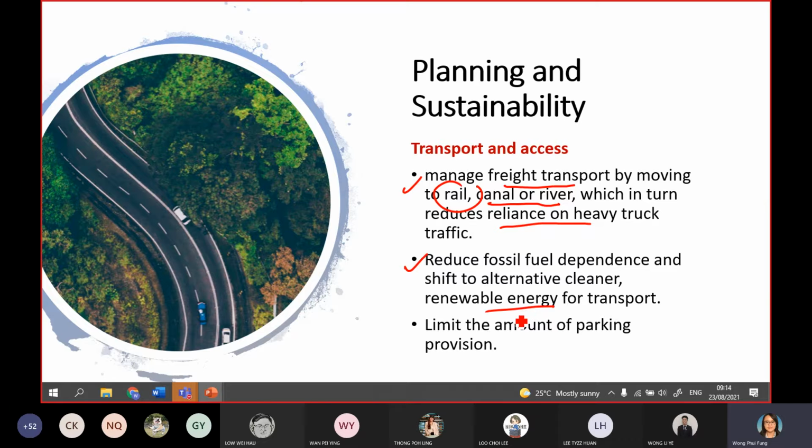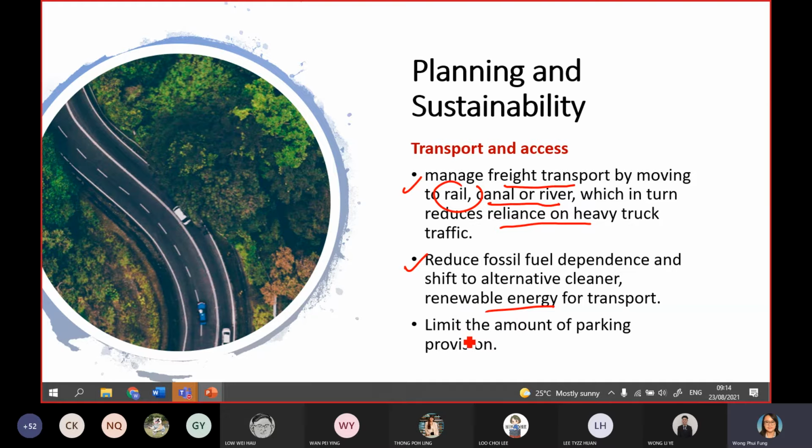Okay, apart from the reserved parking for OKU, you will notice that the priority car park near the lift lobby is given to hybrid cars and electric cars. That is also one of the initiatives to encourage people not to buy conventional cars, but to buy more hybrid or electric cars, because these cars generally consume less fuel and emit less CO2. So that is where the developer can make the difference.